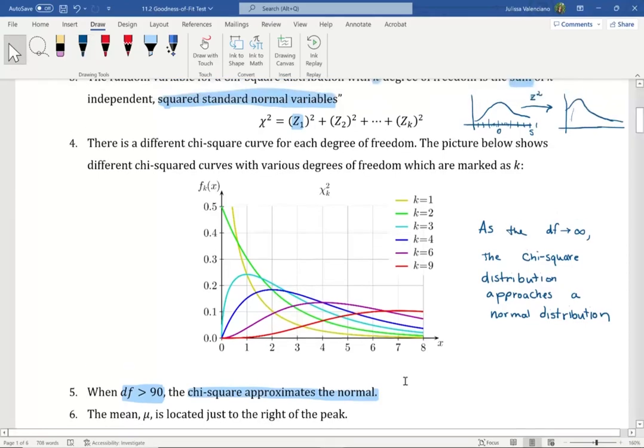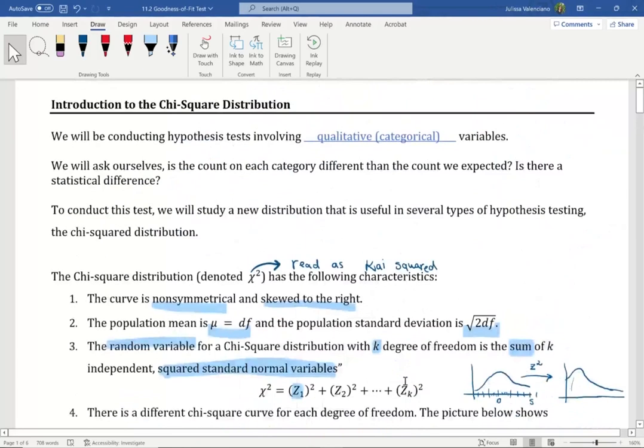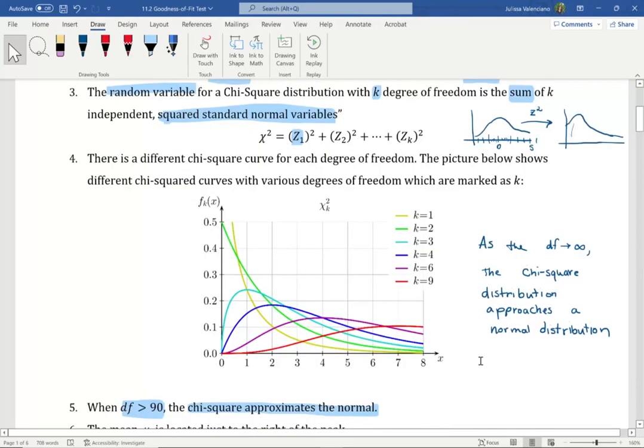Now, the last comment that I'm going to make here is that the mean, mu, is located to the right of the peak of your distribution. And we're expecting to see that, right? When we were calculating the mean for the first time, we saw that when we have outliers, or when we have a distribution that is right skewed, the mean gets pulled up, the mean increases because of those outliers. Okay? So we are expecting to see the mean to the right of the peak.